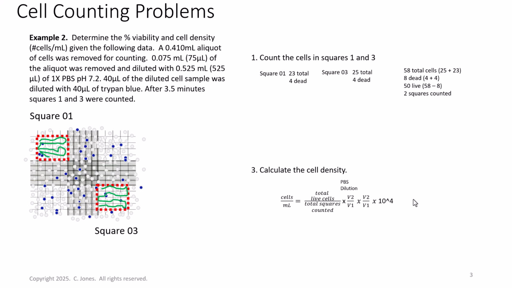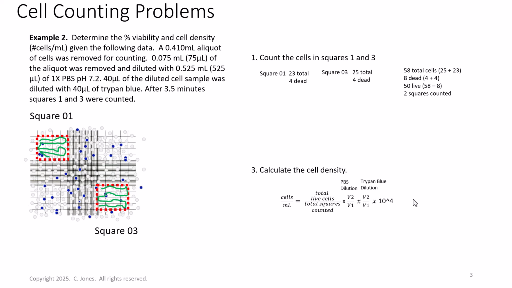we had 525 microliters mixed with 75 microliters, so our final volume there is going to be 600 microliters. Okay, and then we also have our trypan blue dilution where we mix 40 microliters with 40 microliters. Okay, so both of these are dilutions, so we need to add